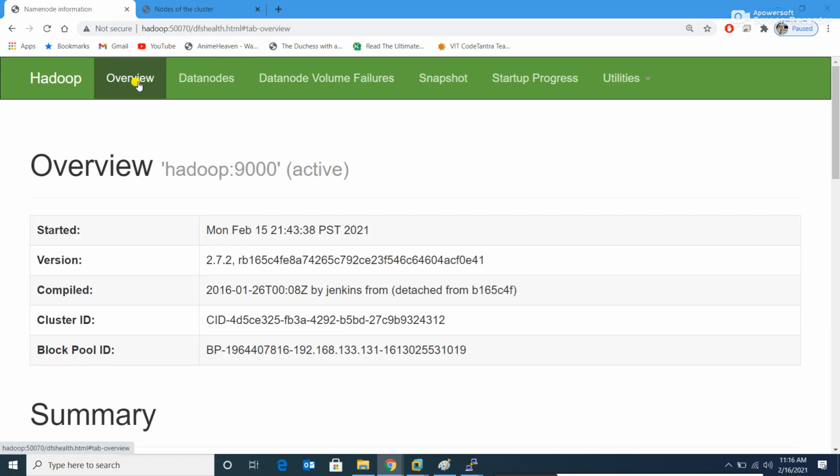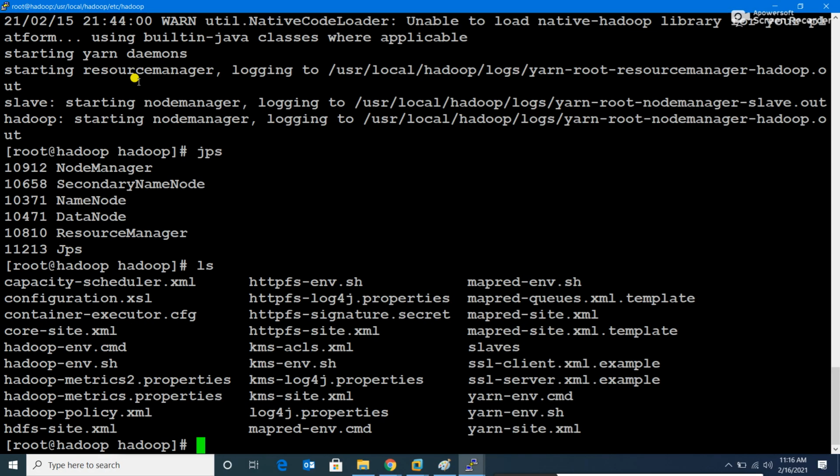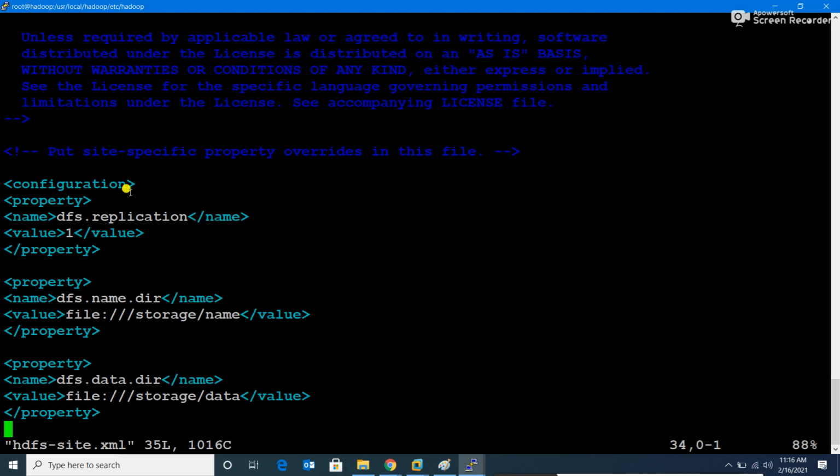Fine. So just one more thing to check. Do you remember we had configured where the block should get stored? We had configured that in vim hdfs-site.xml. So here you see this one, dfs.data.dir, the directory /storage/data.